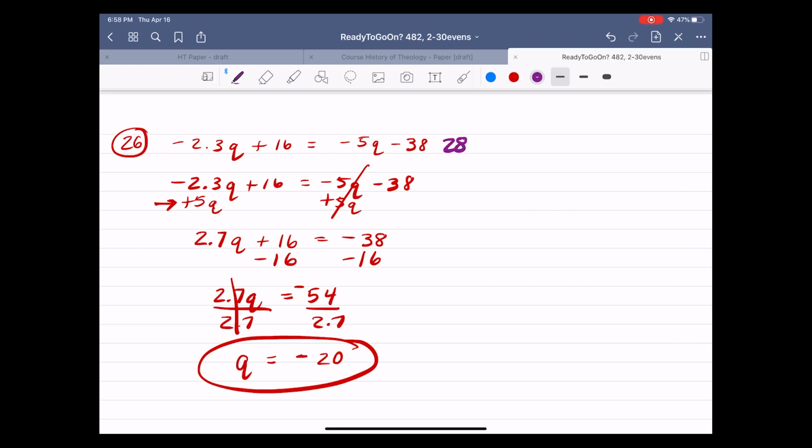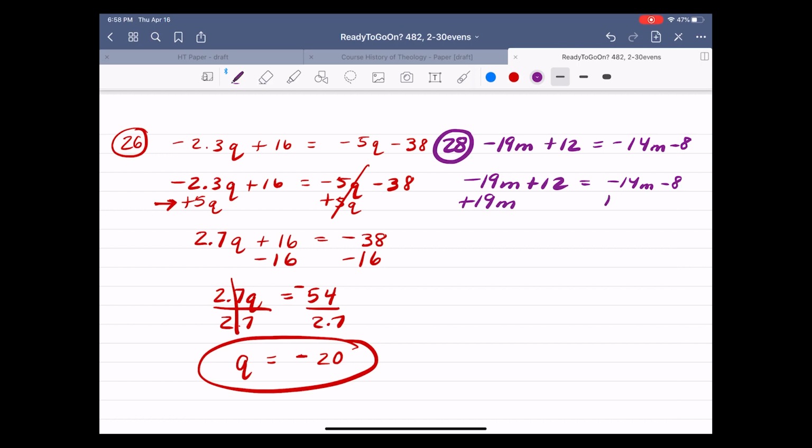Number 28. Negative 19m plus 12 equals negative 14m minus 8. Rewrite that problem. And I'm going to add 19m to the left, and then I'm going to add it to the right. Negative 19m and positive 19m come to 0. I'm left with 12 equals